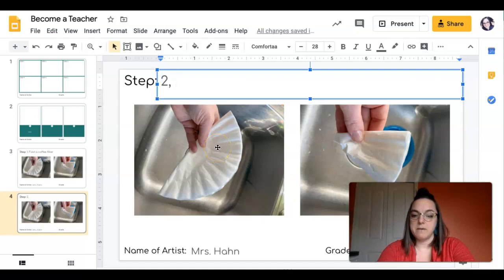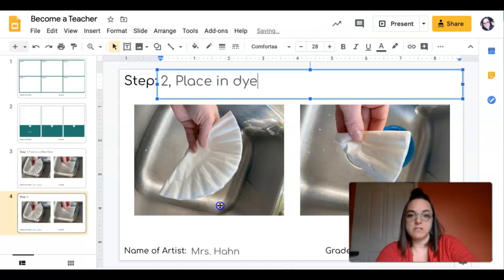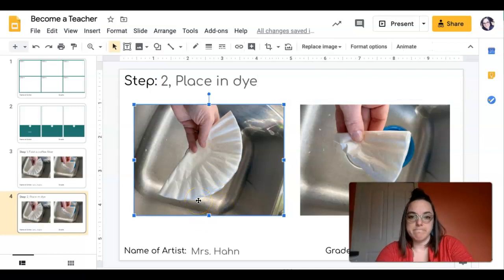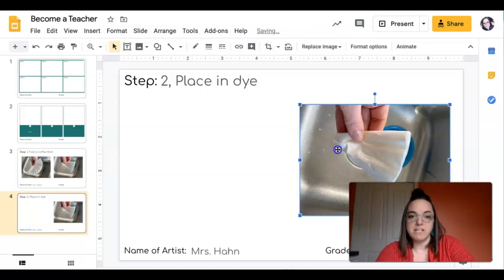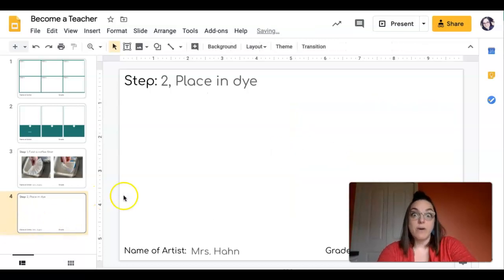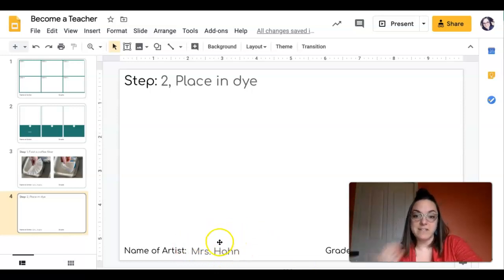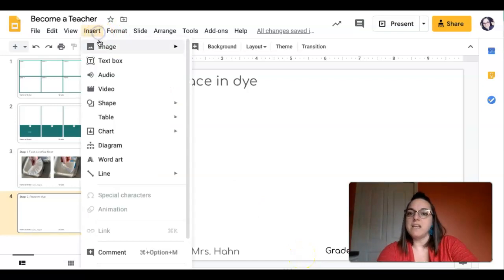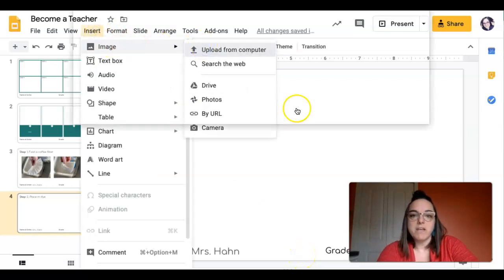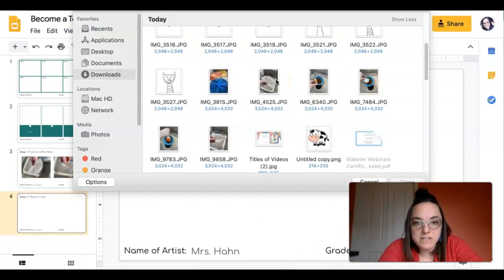I'm going to say place in dye. We're going to dye these little coffee filters here. So I'm going to delete this, delete that, and now I can add another picture. Look at everything that I had on that first slide is still there. So I don't have to write my name again. It's already there. So again, insert image, going from my computer,